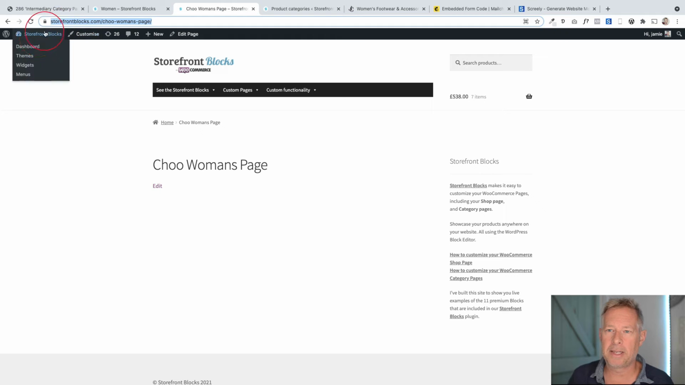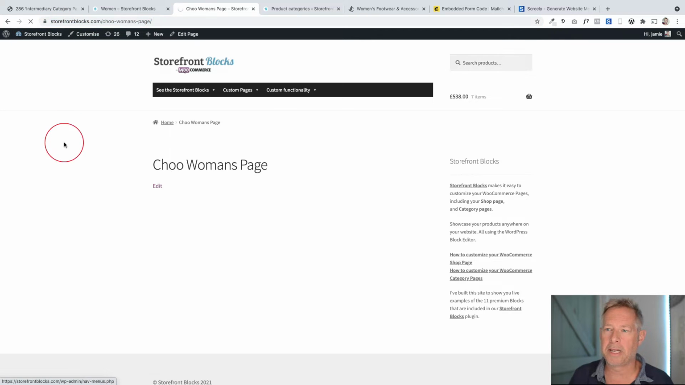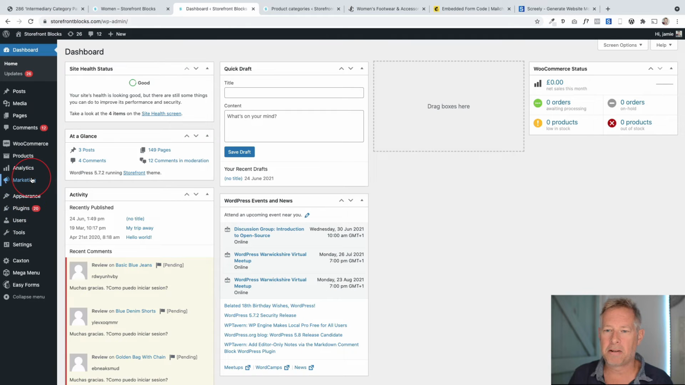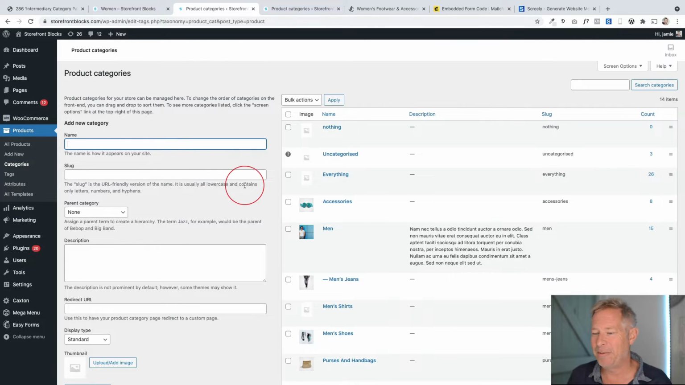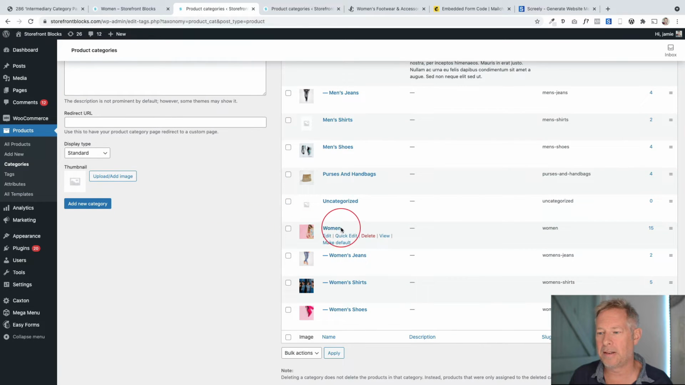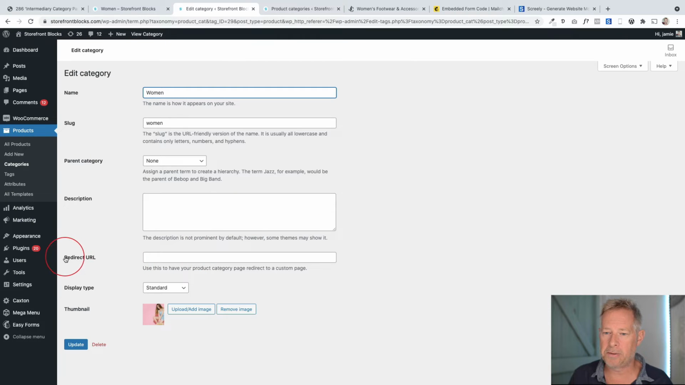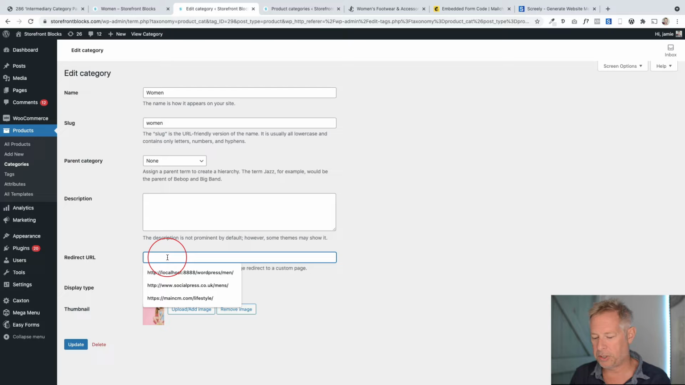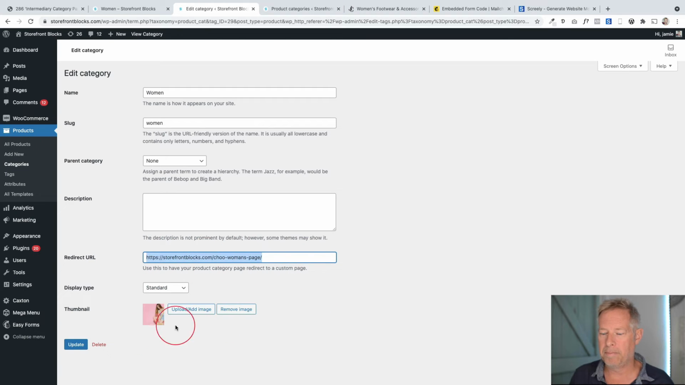Okay, and we have a setting now in our Storefront Blocks plugin where we can set our current category type, women, as that page. So basically we're redirecting people to that page rather than going to the generic automatically generated WooCommerce category page. And we do that by going to our categories, finding the category that we want to customize, in this case it's women, clicking on edit. And then in here, you'll see there's just a redirect URL, and we're just going to pop in the URL